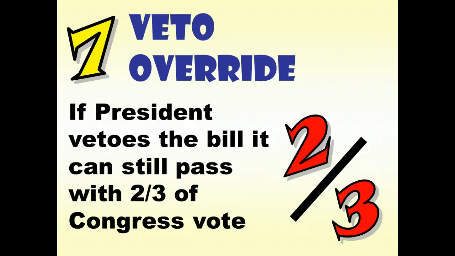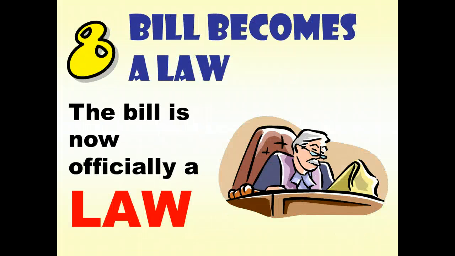So it's a very rare incident. First of all, it's rare for the president to veto a bill, for the most part, and it's also very, very rare when they're able to get a 2/3 majority vote to override a veto. So if it makes it through all those steps, all those gauntlet things, then eventually it will become a law. If it's passed in the House, passed in the Senate, same wording, same text, goes to the president who signs it, or they override it, or the president pocket vetoes it, then it becomes a law.